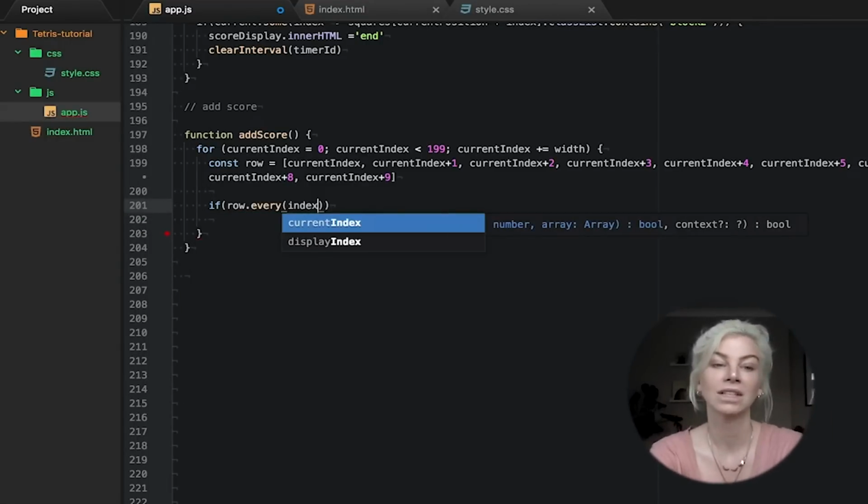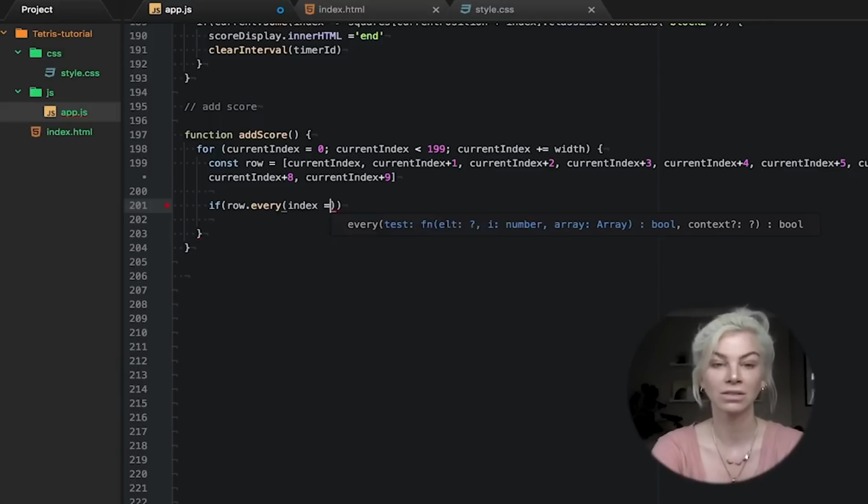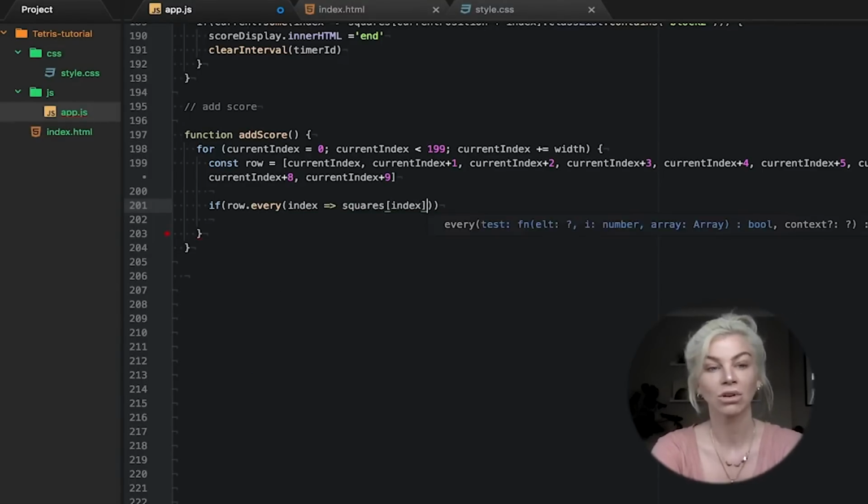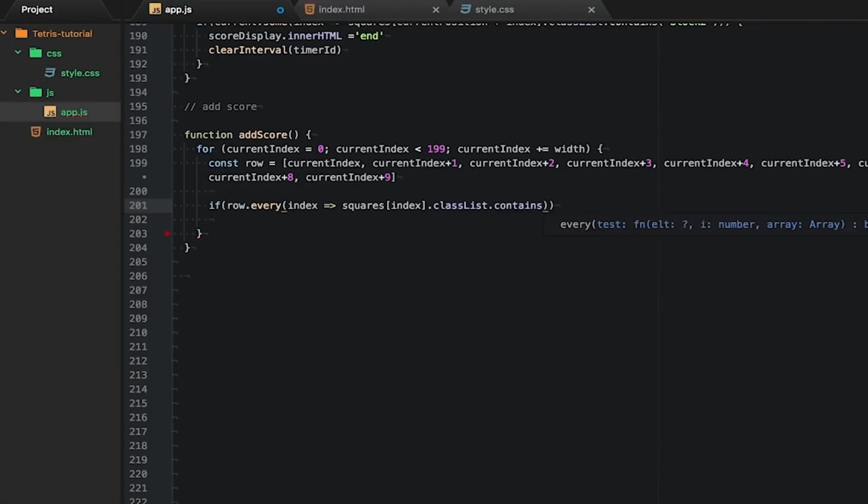Next, we need to use every to make sure that if every square in our defined row contains block 2, i.e. a frozen tetramino, we add a score of 10 and add a line to one of our counts.